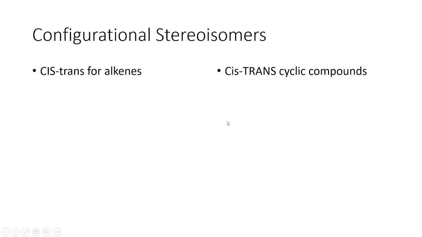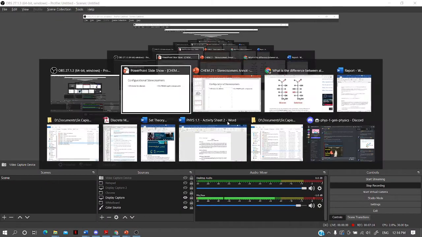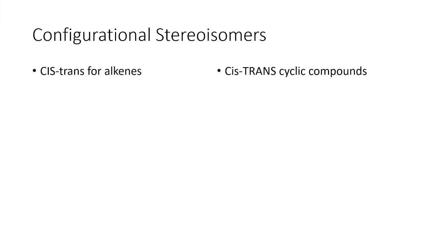Alright, class, we are recording. For cis-trans of alkenes, what happens is we just look at the conformation, or the position of our substituents when we talk about cis and trans configurations. So for the cis-trans configuration of stereoisomers, if we have a double bond, let's say for butene,